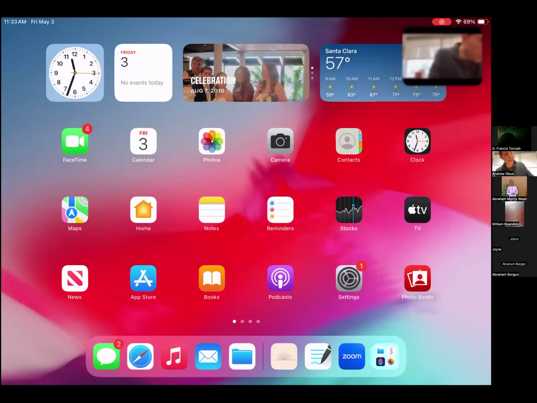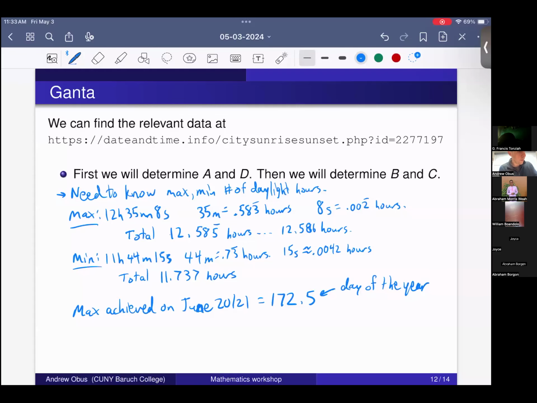Okay, so here's the data that I wrote down from the website. I said the maximum length was 12 hours, 35 minutes, 8 seconds. That turned out to be converting everything to decimals. So 35 minutes was this many hours, 8 seconds was this many hours. So converting it all to decimals was going to be about